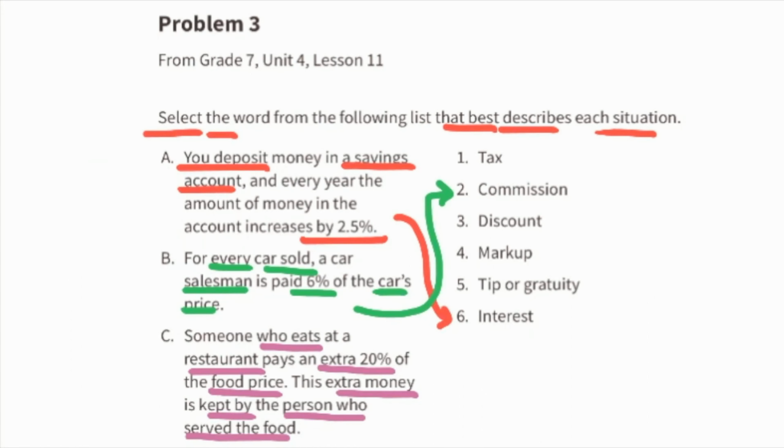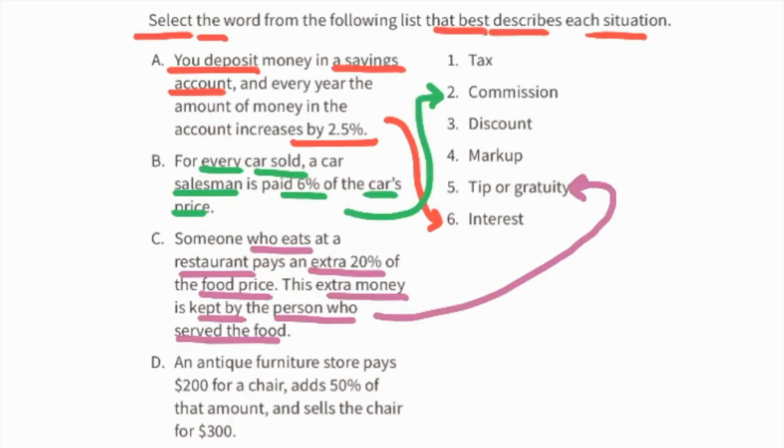Someone who eats at a restaurant pays an extra 20% of the food price. This extra money is kept by the person who served the food. This situation represents a tip or a gratuity. D. An antique furniture store pays $200 for a chair, adds 50% of that amount, and sells the chair for